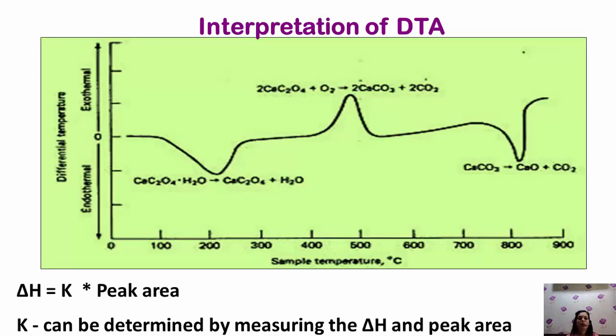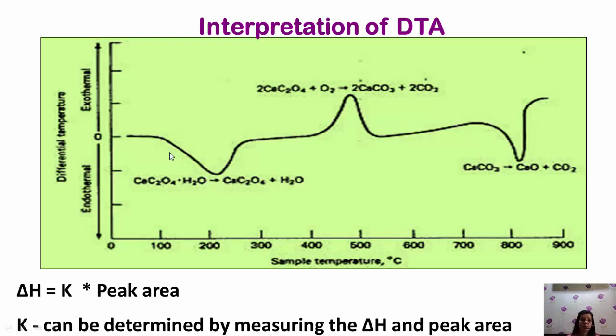Now we'll look at some DTA thermograms. We'll try to interpret the data obtained in DTA thermograms. Till now we have understood that an upward peak and a downward peak are observed typically in DTA, which give the data of exothermic and endothermic reactions. Now we'll take an example of calcium oxalate monohydrate, where we have step analysis at 100 or 110 degrees, the loss of water. So here the